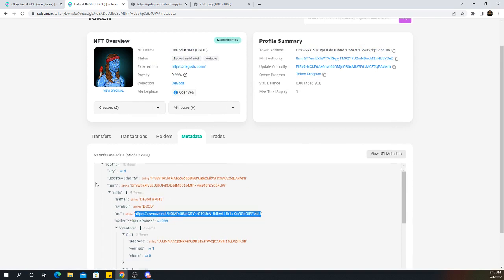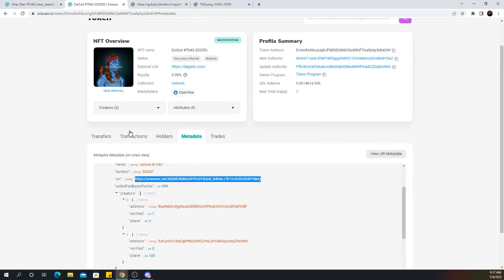Anyone could take all of this information that we have here, right? This is the whole right-click save argument. You can take any of this information that exists about DGods and make your own exact replica DGod. But since this token address is not part of the DGod collection, it's not considered part of the DGods. It doesn't give you access to the DGods Discord. For all intents and purposes, this NFT is not worth anything. I can't list it as part of the DGods collection on a secondary market.